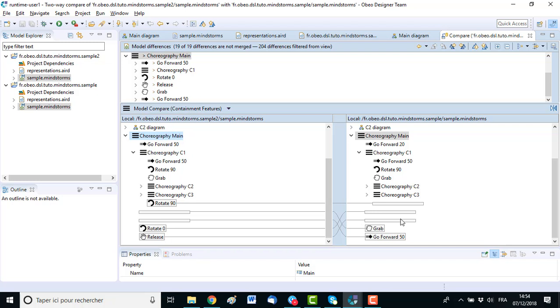So technically I can copy some differences from a model to the other one. I can select a difference and copy it from left to right or right to left. But the main difficulty is to identify which changes must be kept and which ones should be rejected. If I apply all the changes, I could easily turn my model into an inconsistent state.